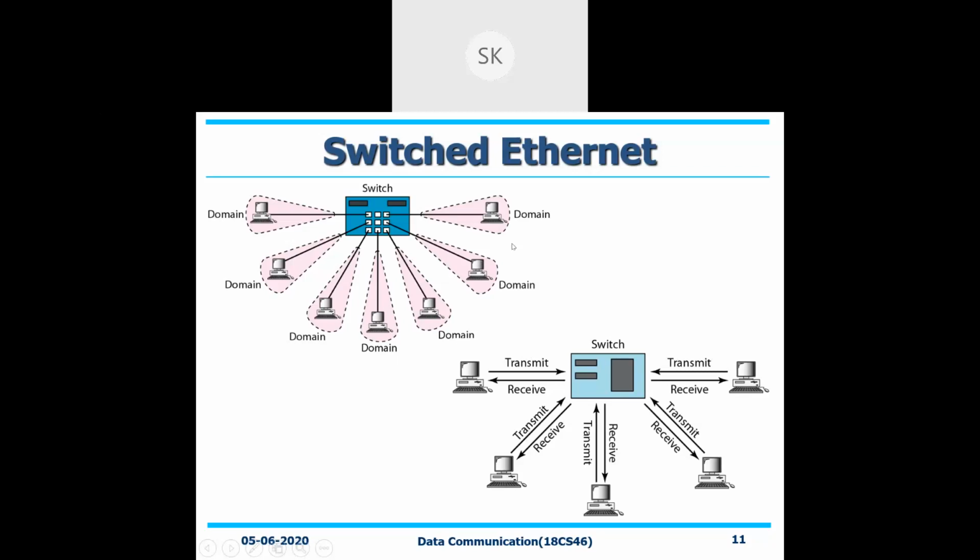Each system will be identified with respect to the connection that it is going to have. With respect to that connection, it is easy for me to identify what is going to happen, whether the system has received the packet, the data, properly or not. It will be easier for us. So for that, switched Ethernet is going to deal with it.